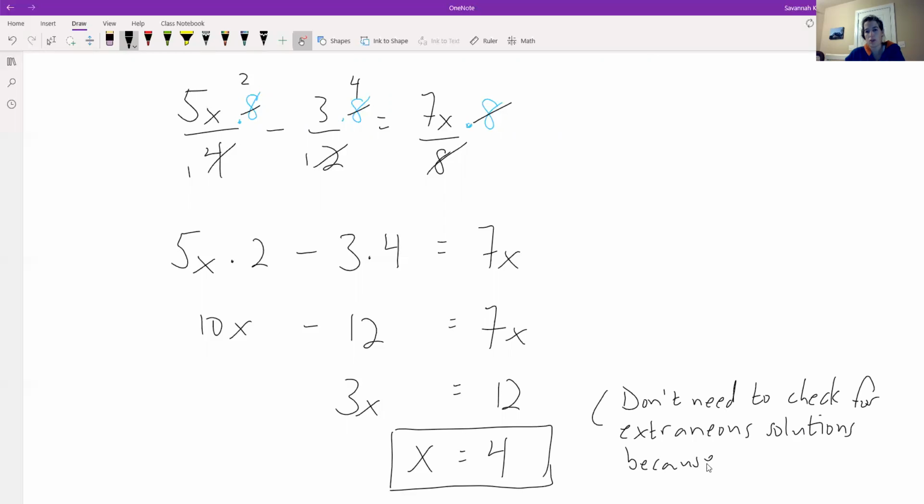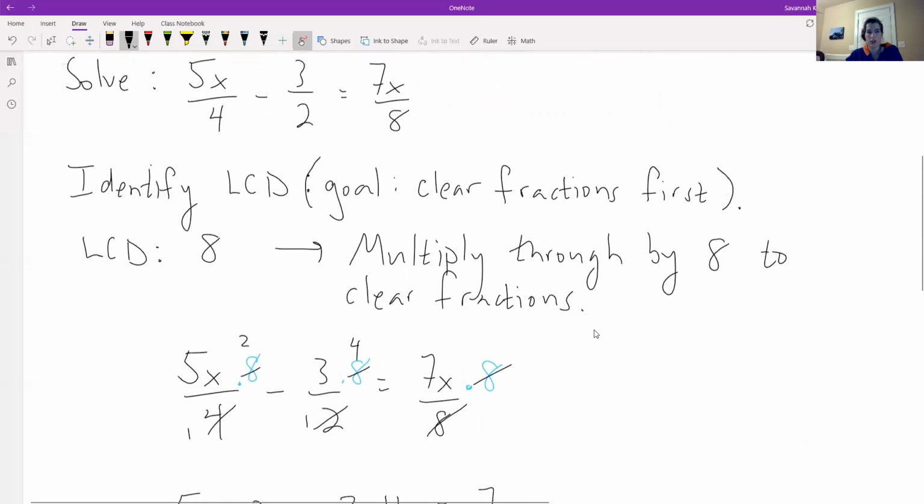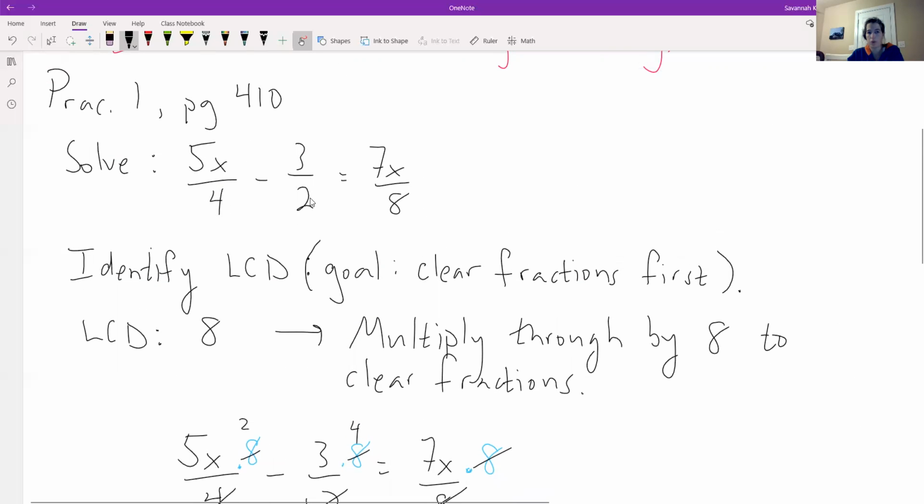We don't need to check for extraneous solutions because in the original problem, there were no variables. So for us, there were no x's in a denominator. So just bear that in mind. If there had been x's down below the fraction line, so if there had been some x's down here with the 4, the 2, or the 8, then there would have been a possibility that maybe an extraneous solution or two would have revealed itself. But for us in this problem,